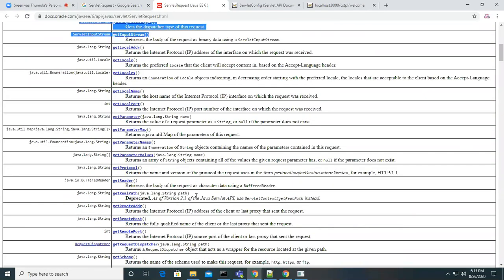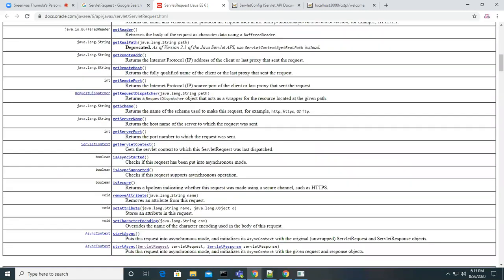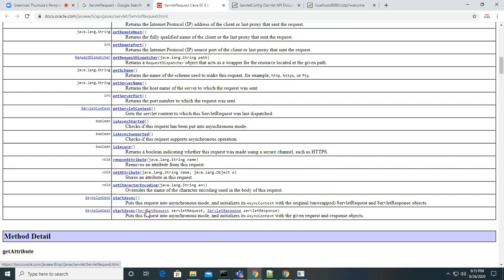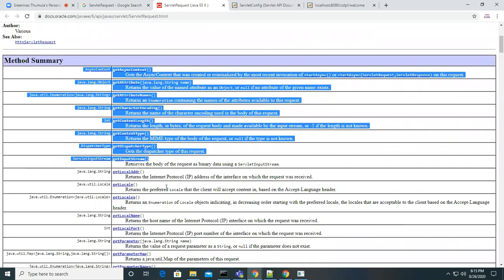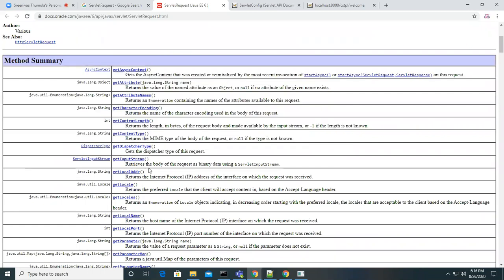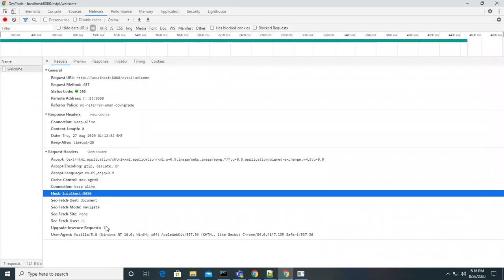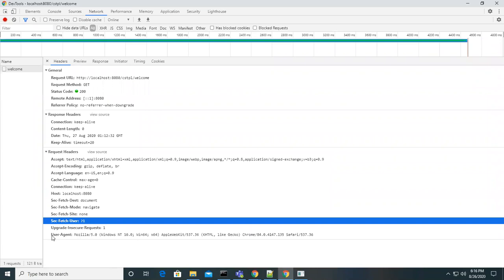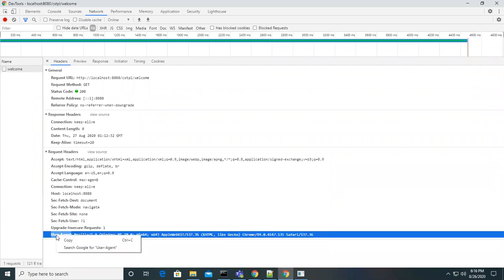Okay, these are all the methods. I will try to use one method to get information. Let's say for our example, I want to get the user agent, because this is request information.